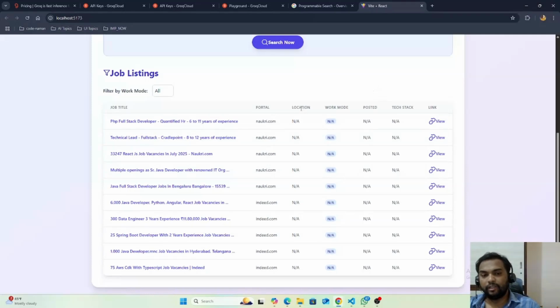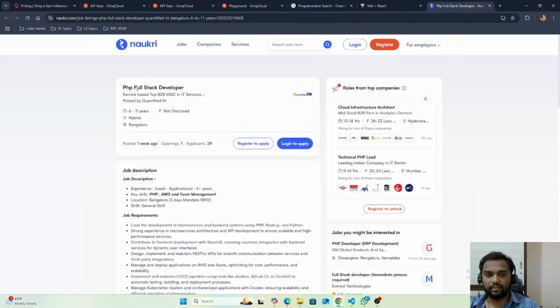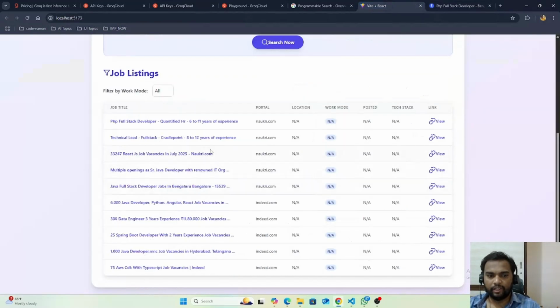Okay, and if I click here, the first one, you can see it's grabbing the full stack developer and having 11 years, right? So it is checking for this one. I asked for 8 plus years and location is Bangalore. But see why it is giving me this, because you can see the full stack developer here. There is no strict search currently, but we can implement that.